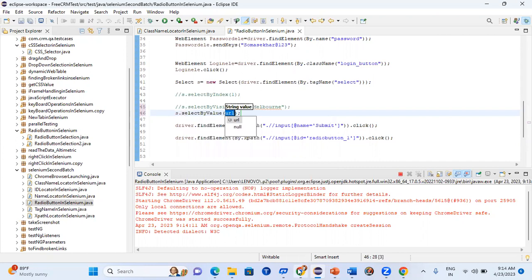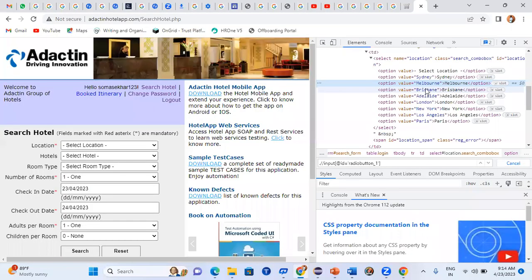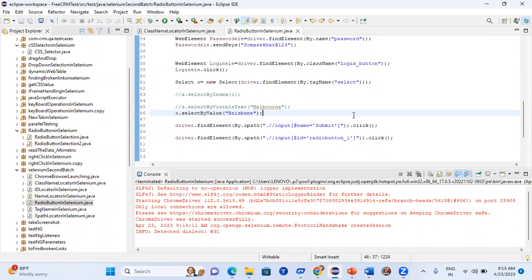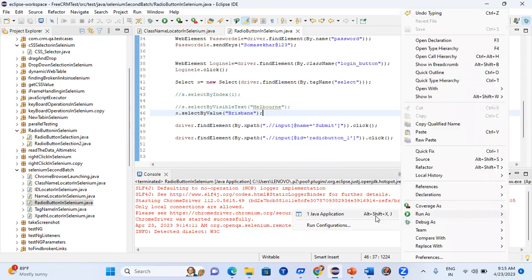Go here and copy this one. So it should be the value attribute, and that property value you have to take and fetch over here. Sometimes the value and visible text will be different, so don't get confused. Clean and